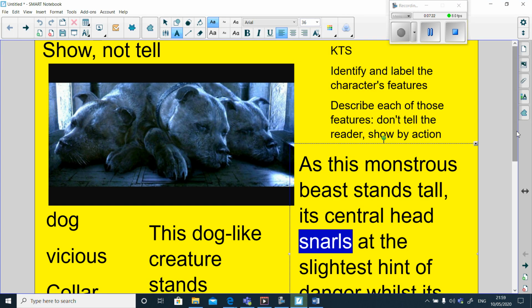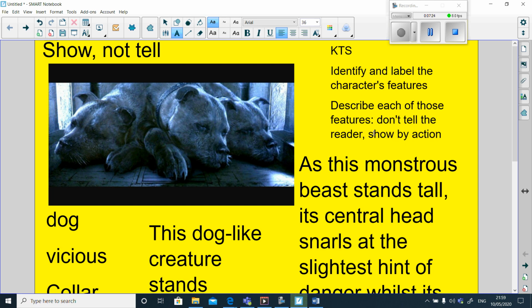The important thing is that you are showing the reader by action. So something that the character is doing, you're giving the reader information in a way that allows them to picture it in their mind in their own way, rather than telling